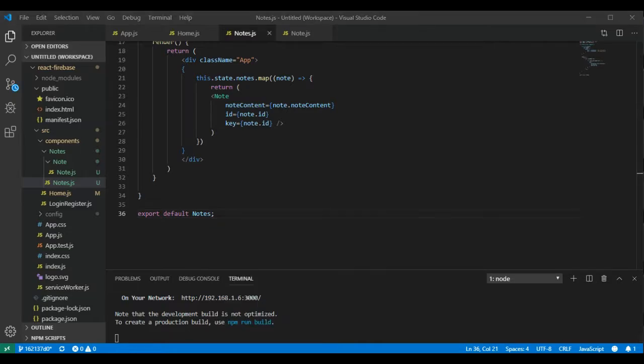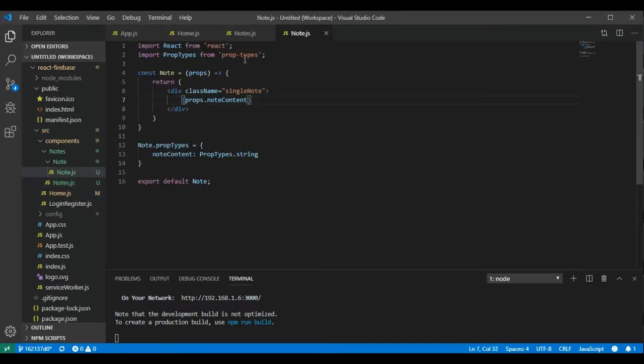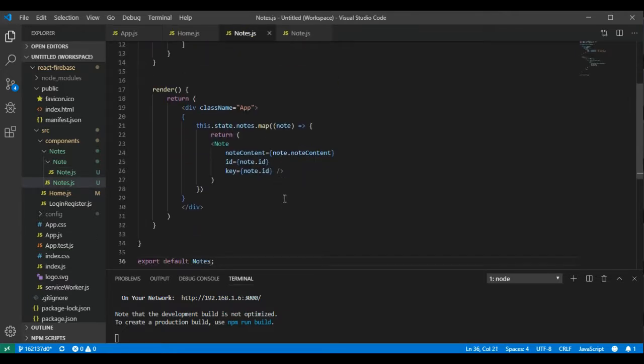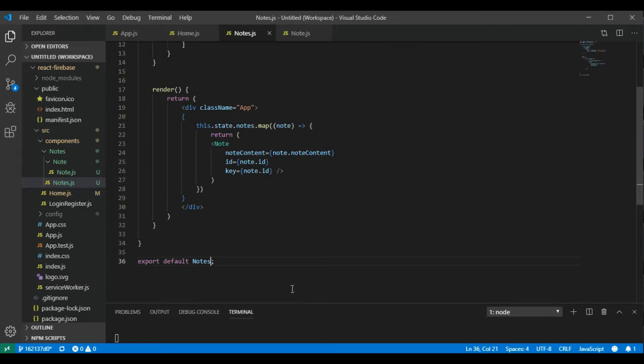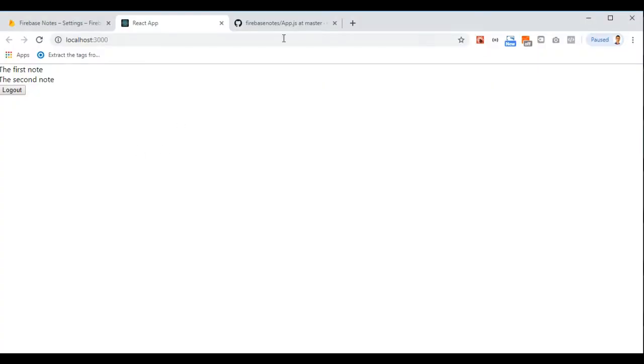Save it now and let's check our app. So we can see that we have the first node, the second node, and then we have the logout button, which means that our node component works perfectly fine. We just don't have any CSS for now, but we will add it later. And we have our constructor. Now if we go back and check our repository,